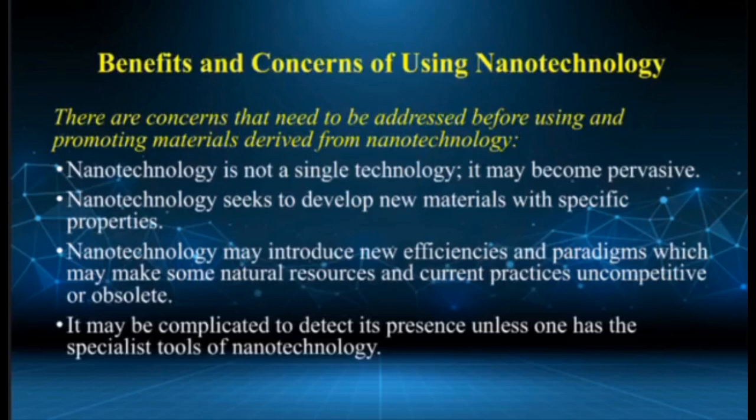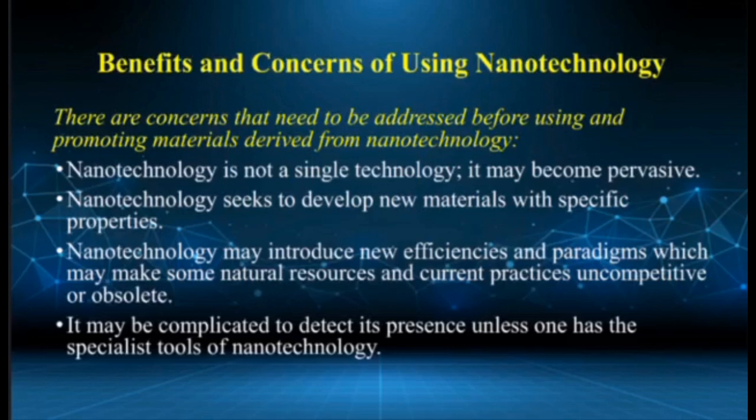Third, nanotechnology may introduce new efficiencies and paradigms which may take some natural resources and current practices and make them obsolete. For example, in the energy sector, nanotechnology can be used to improve the efficiency and performance of solar cells and energy storage devices. This could reduce the reliance on fossil fuels and traditional energy sources, making them uncompetitive in the long term. In the manufacturing industry, nanotechnology can be used to develop new materials with enhanced strength, durability, and